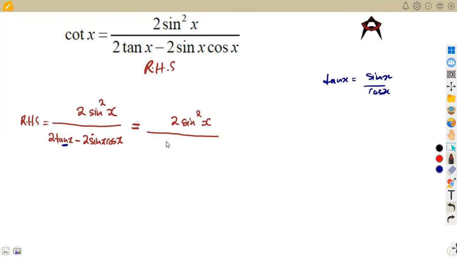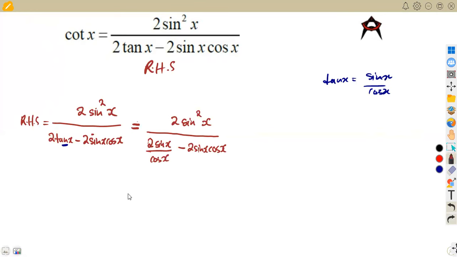All right, so tan, like I said, is going to give us 2 times sine x cos x. So it is going to be 2 sine x over the cosine of x, like this, minus 2 sine x, the cosine of x from the other hand. But as we can check on this part, we are having a fraction. So we can combine these two here to get a single